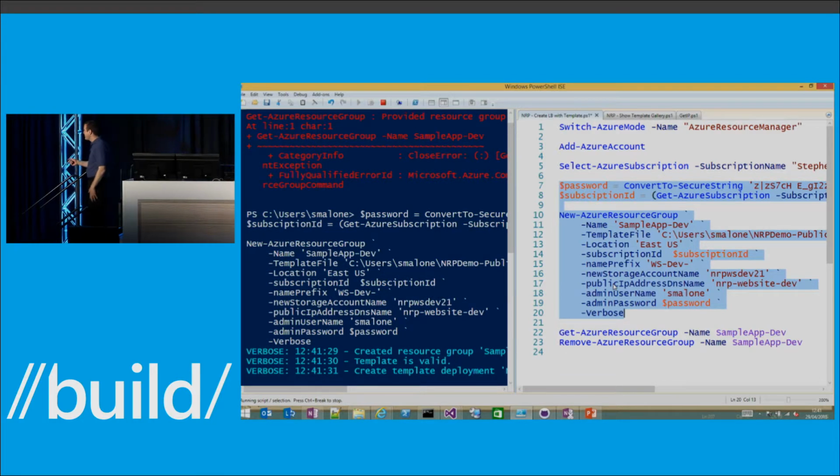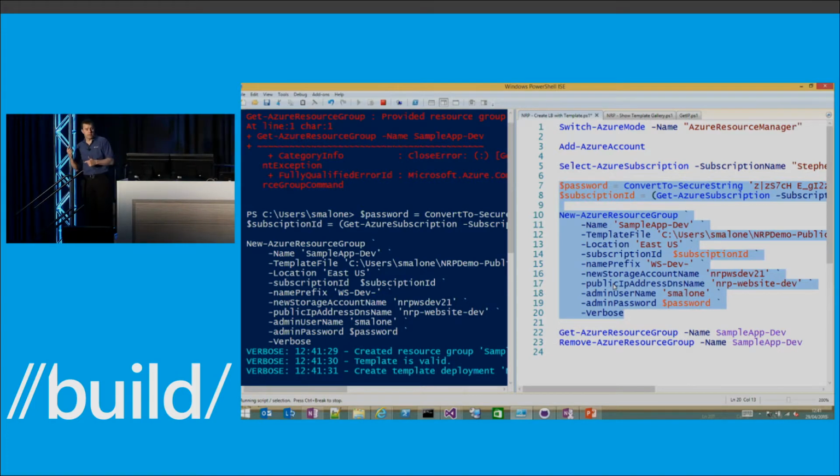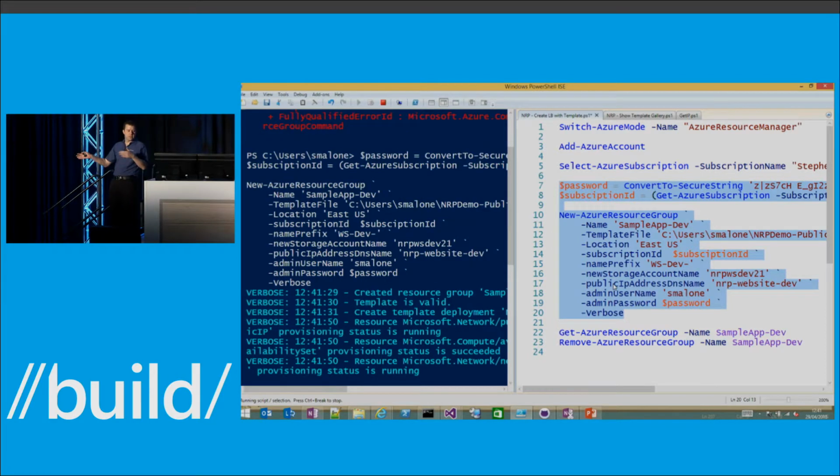Sorry, bad joke. So here we see we've asked it to create this application. ARM has accepted the template. That says valid. Great. What it's doing now is it's breaking down the dependency graph for the resources I've specified and is figuring out what's the best way to do this. It's then going to go off to each of the RPs